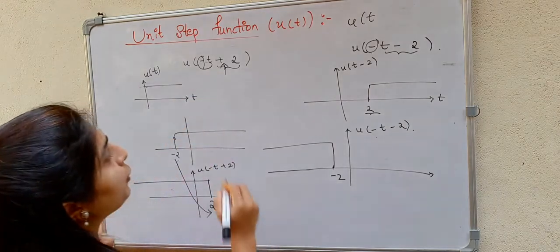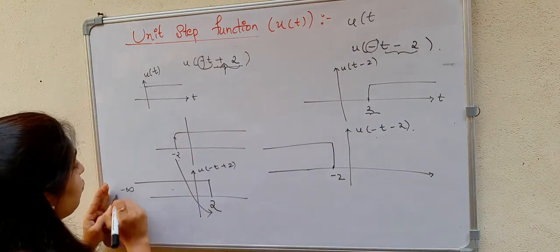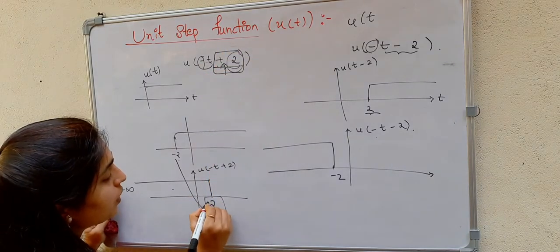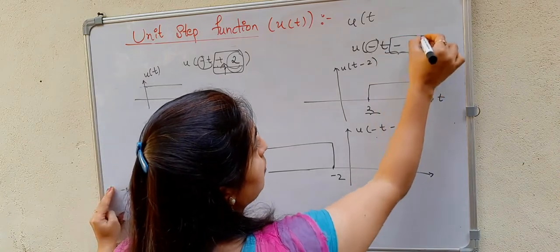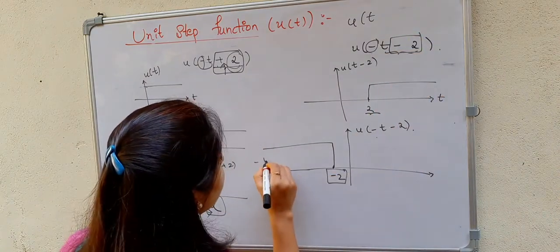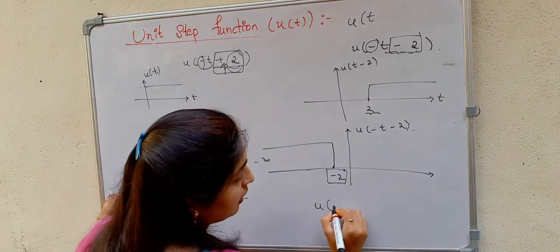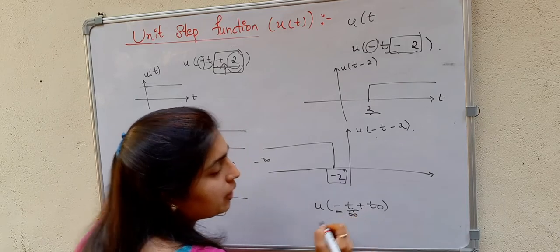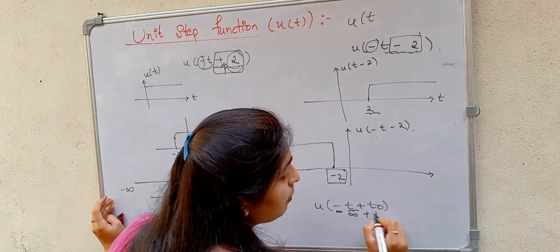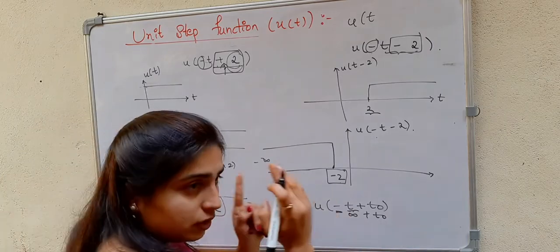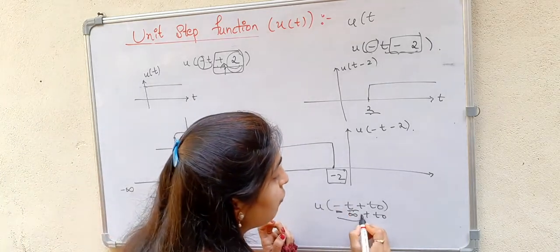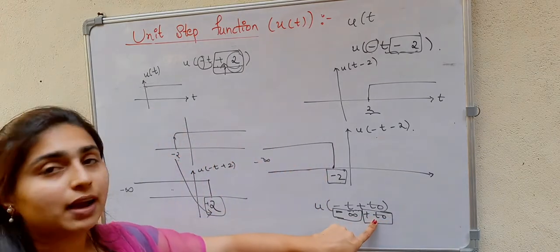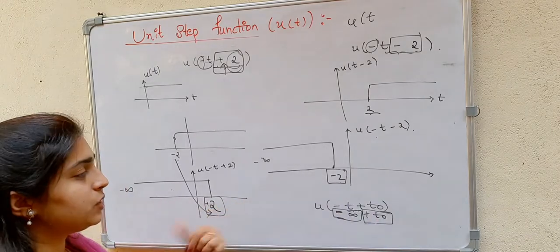So another point to remember is, see, it is coming from minus infinity, but it is ending at plus 2. See, this is minus 2, this is minus 2. Minus infinity to minus 2. So I can consider this: if I substitute t as infinity and this as plus t naught, the signal will be from minus infinity and it will be ending at this particular value. Plus t naught means it will be ending at plus 2.